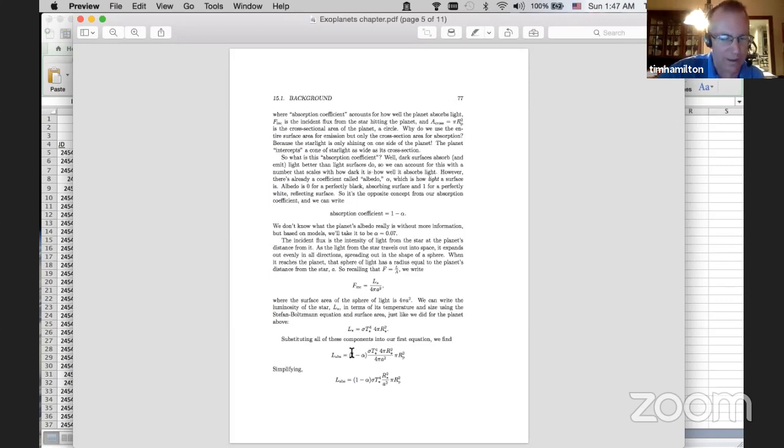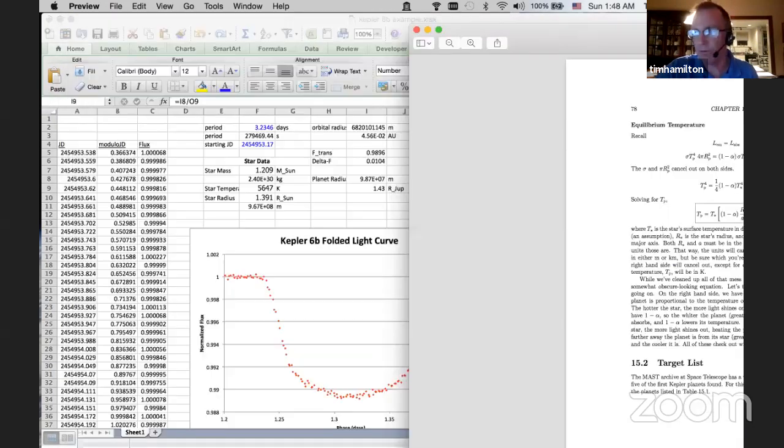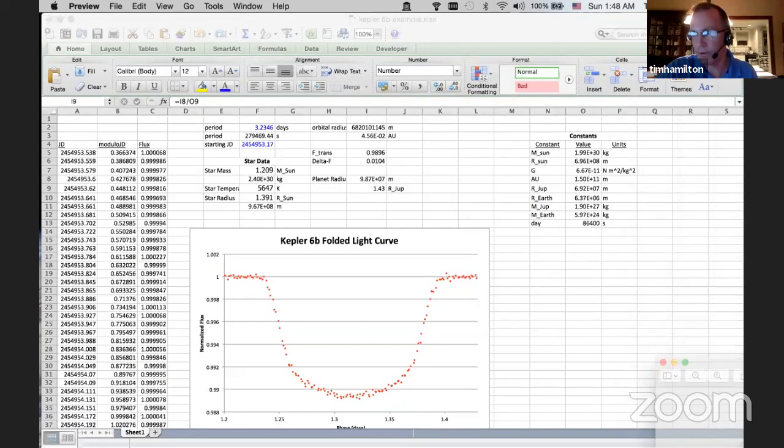So we have to assume an albedo. And from looking in the planetary science books, an albedo of 0.07 is a reasonable guess for a lot of these, so we'll put that in. That may have been for a terrestrial type planet, but we'll run with it here. So we modify it that way. Okay, and finally we solve for the equilibrium temperature, because we assume it is in thermal equilibrium, and we get that. All right, so that's on page 78 of the guide.